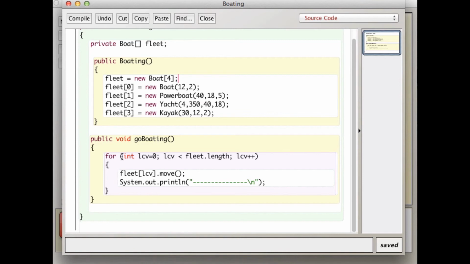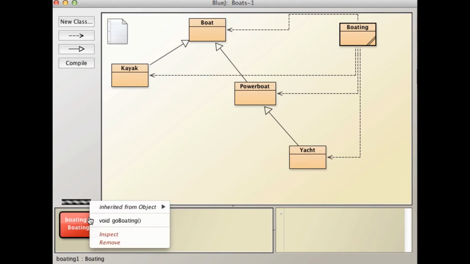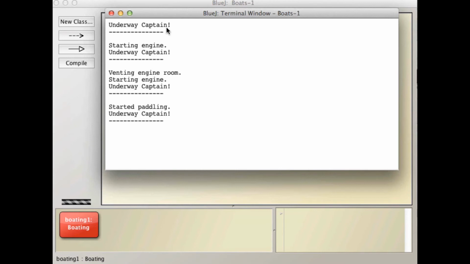All right. So what we're going to do here is a loop that goes from 0 to fleet.length, which is 3, actually 4, because we're using less than here, and we're going to call the move method on each of those boats, and then just print out a line. So let's see what happens when we run that. New boating. And go boating. And it first writes underway captain because the first object,